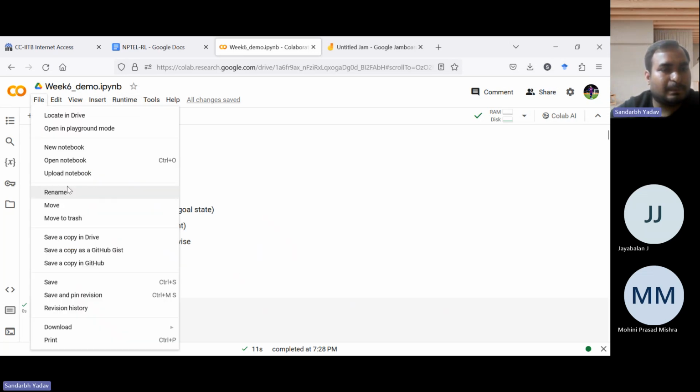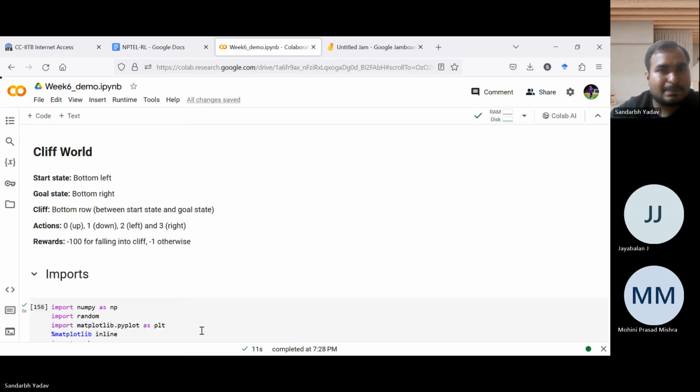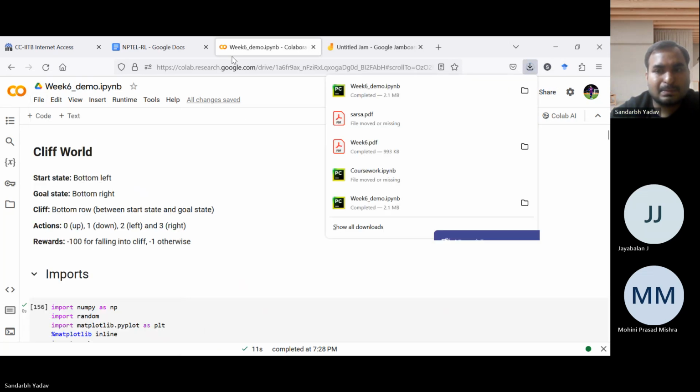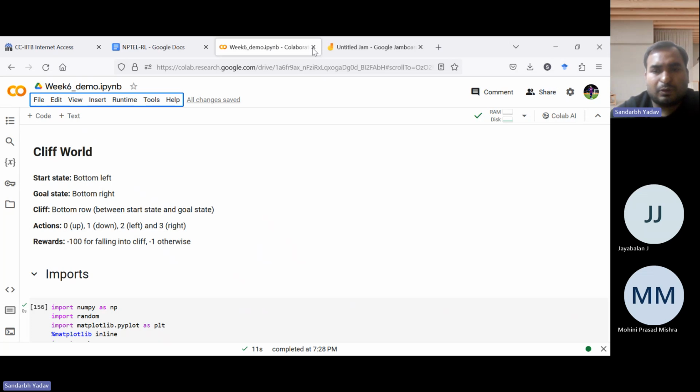So I'll download this. Okay, so also last week, in week 6, I demonstrated Q-learning and Sarsa. You can try out how the DP, Monte Carlo, and TD methods work for the purpose of evaluation. So this is control, right? TD control: Q-learning and Sarsa are TD control methods. You can try out policy evaluation with Monte Carlo methods, TD methods, and dynamic programming.